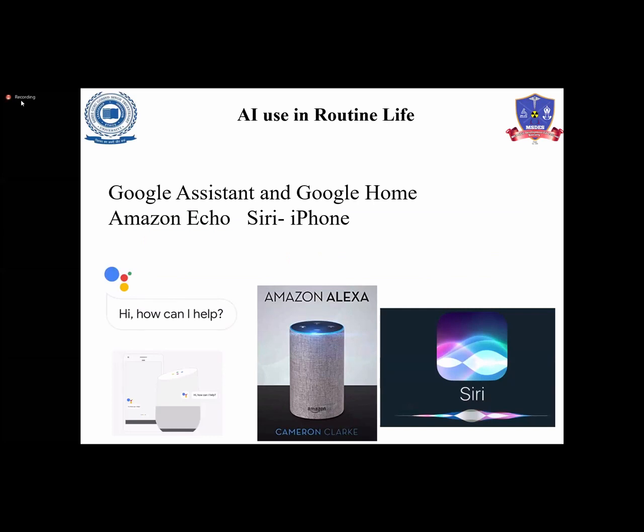That is Google Assistant in all the Android phones we are using nowadays. Next we have Google Home and Mini, Alexa and Siri. These are the best examples of artificial intelligence because they basically work on machine learning and deep learning. What are deep learning and machine learning? We'll see in the next slides. But we are playing with these kinds of equipment, and we do not know how they work. They all work on artificial intelligence.